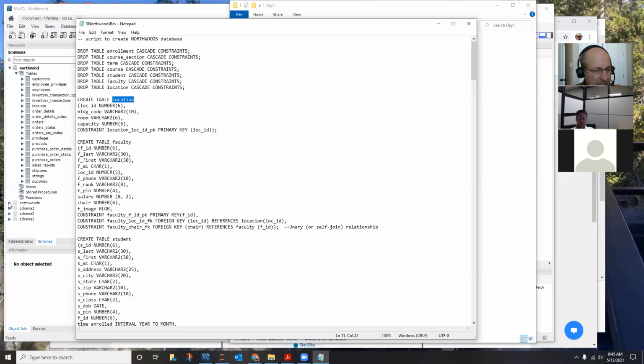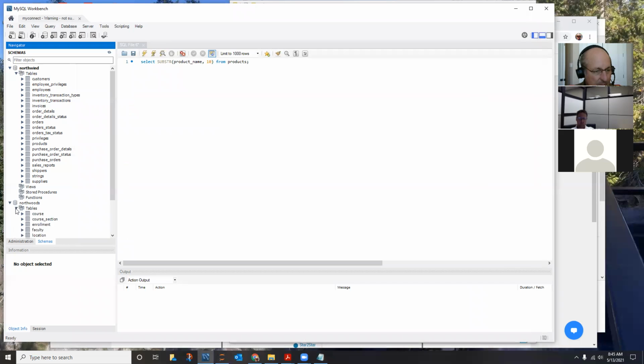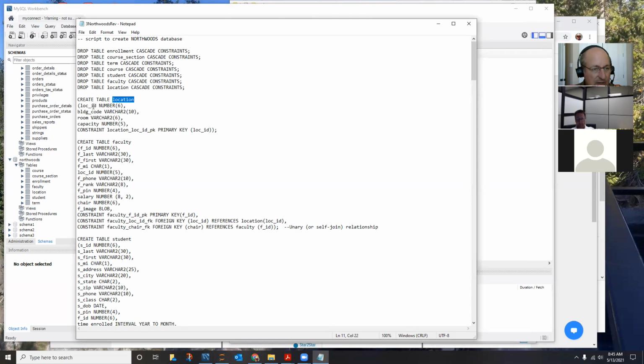Let me pop over there real quick and remind everybody these are our Northwoods tables that were created by create table, and then you give it a table name, column name, data type, column name, data type, column name, data type, and then inside of your create statement, kind of like inside of a select where you've got where and order by and limit and all of that and group by. There are keywords that you can use inside of your table create when you're defining your database,